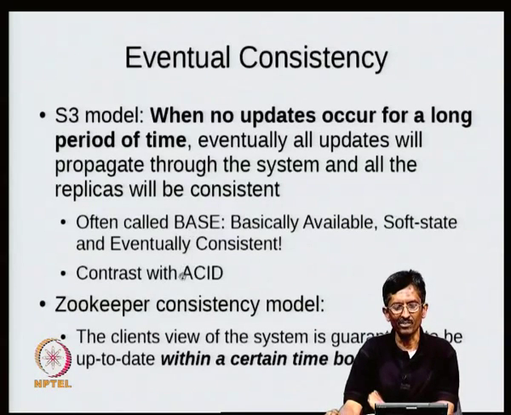And the reason why it was called BASE is because there's a different model called ACID. We talked about it earlier, which is used in databases and storage systems and operating systems. I've already discussed a bit about this, and we will talk a bit more about it. So basically, because this model was ACID, this model was called BASE, a cooked up name for it. Okay. So in ACID, what is the issue here?